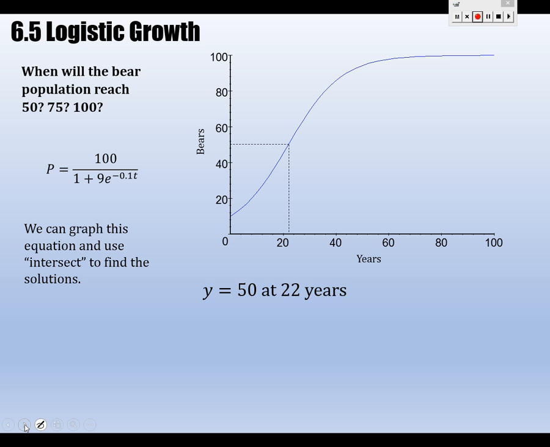But you can solve it out. It's not that bad to solve algebraically either, I guess. You can do whatever you like, but somehow get an answer for this. Confirm that you get the same thing I do. And then, yeah, for 50 I'm getting about 22 years-ish. For 75 I'm getting about 33 years. And for 100 I'm getting,